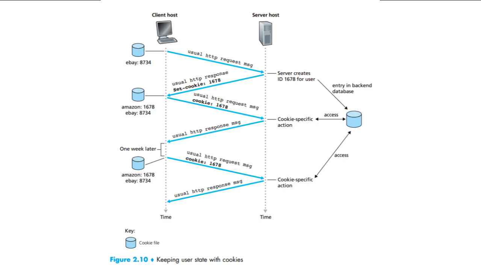As Susan continues to browse the Amazon site, each time she requests a web page, her browser consults her cookie file, extracts her identification number for this site, and puts a Cookie header line that includes the identification number in the HTTP request. Specifically, each of her HTTP requests to the Amazon server includes the header line Cookie: 1678. In this manner, the Amazon server is able to track Susan's activity at the Amazon site. Although the Amazon website does not necessarily know Susan's name, it knows exactly which pages user 1678 visited,